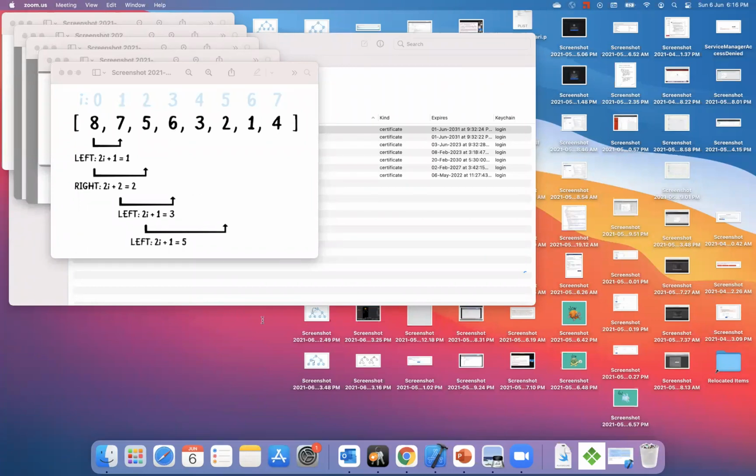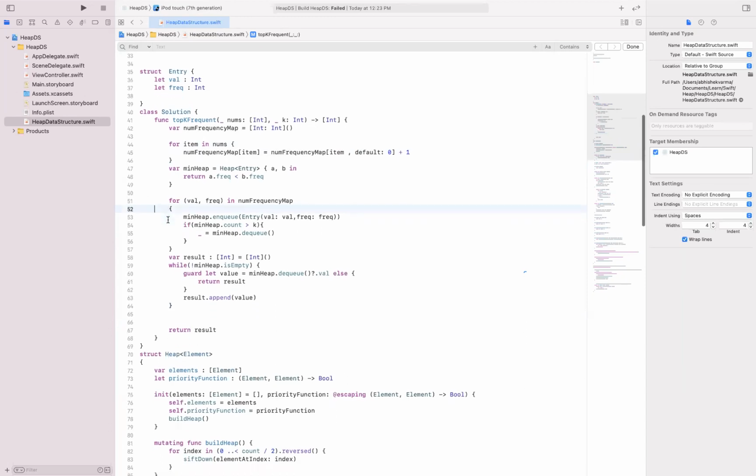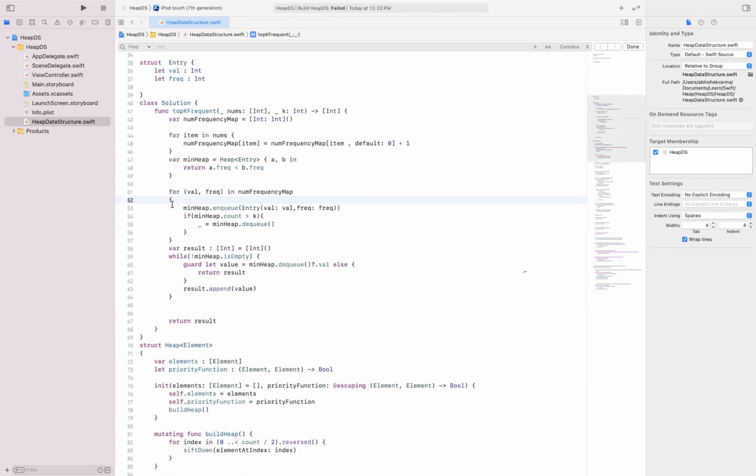Okay. Now let's discuss time complexity. This operation will take O of n. Again, I am doing it for all n entries.